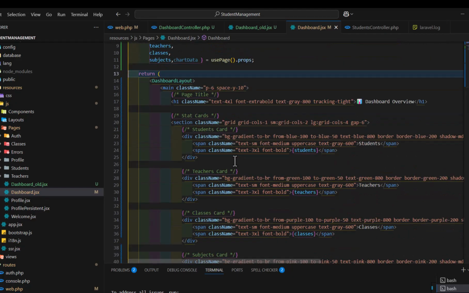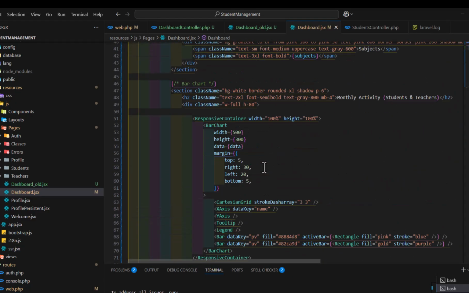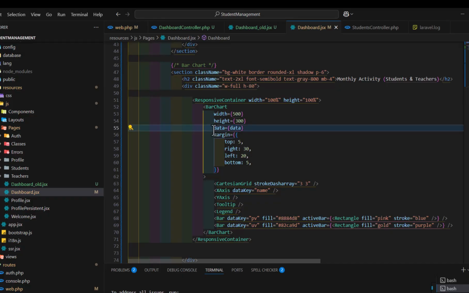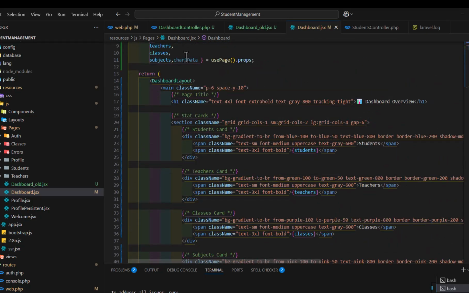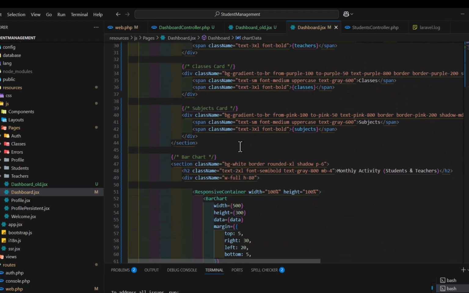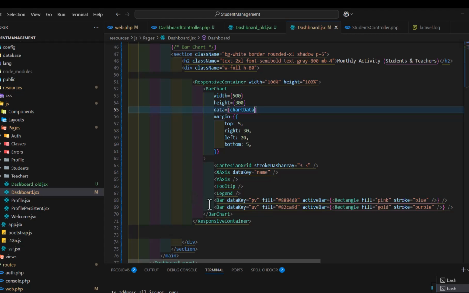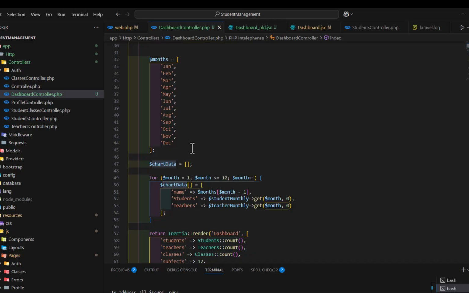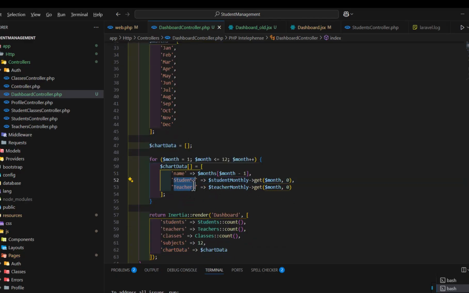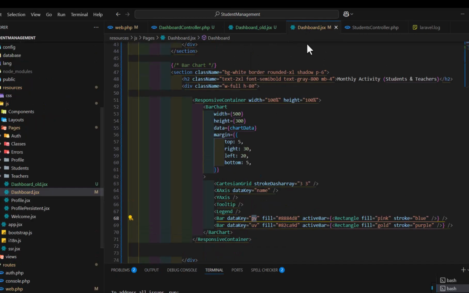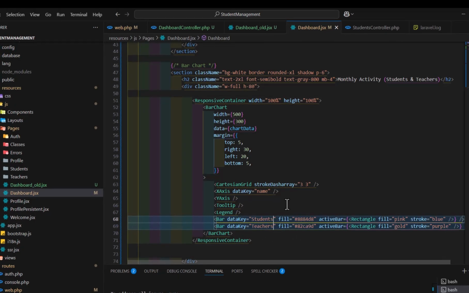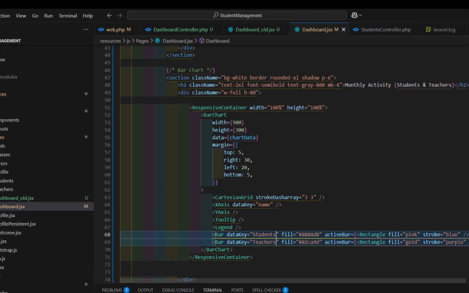Now let's go to our chart, and in the data here, we will call our own data, chartData. So let's copy this and replace it with our own chartData. Then in the bars, in here in the dataKey, first we have to add our students, then teachers. So let's copy them from here and go to our dashboard and the bar dataKey. For the first one, I will use the student, and for the second one, I will use the teachers. That's it. Let's save everything. Let's go back to our